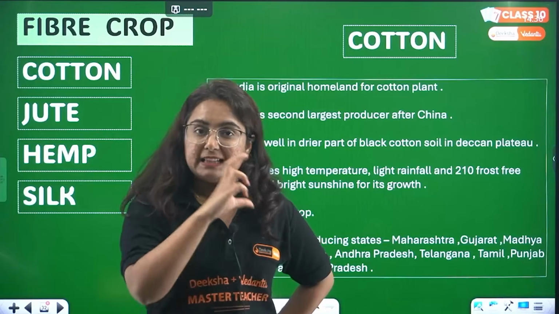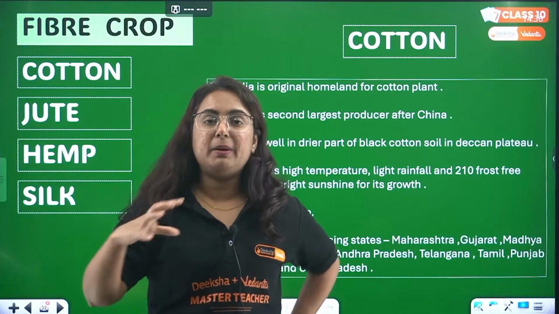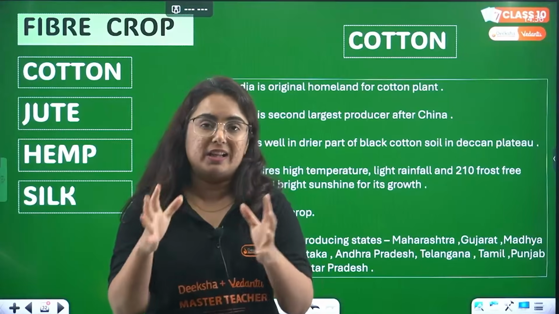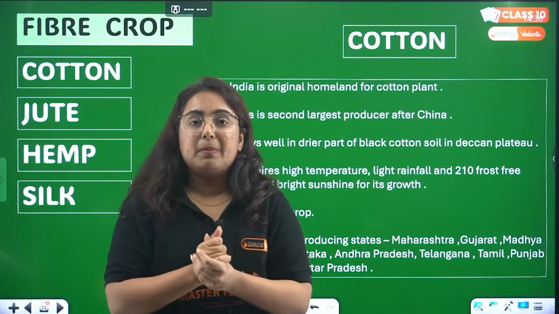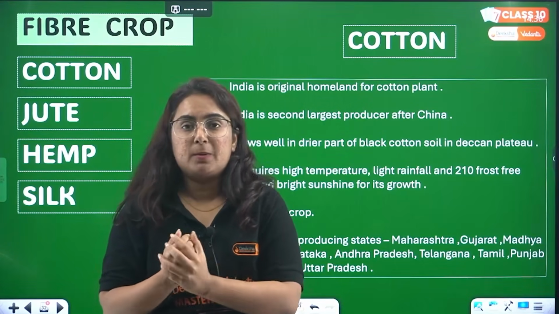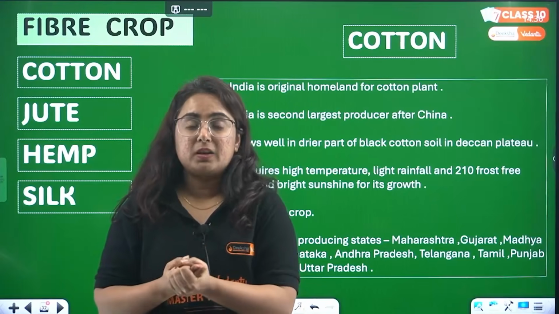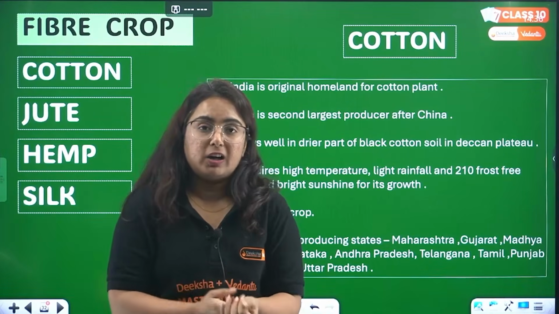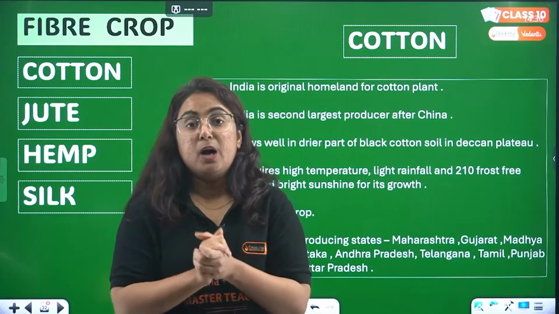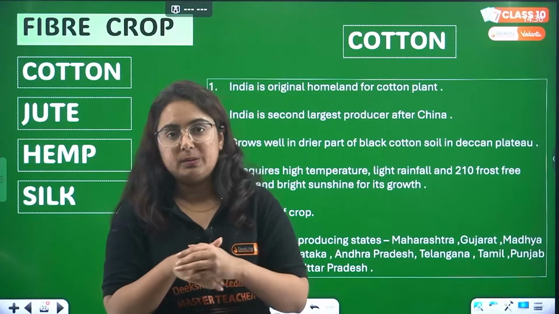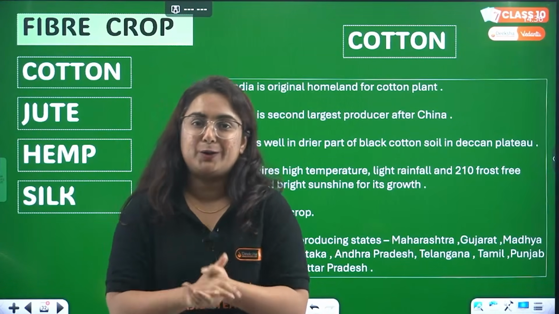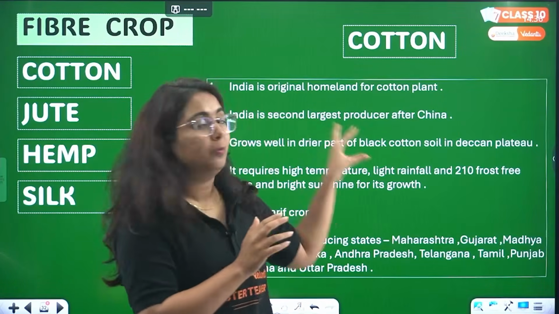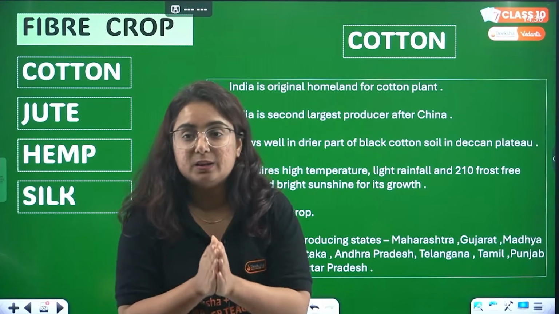Okay. In that Indus Valley civilization seal, beta, there is a priest-type figure. I don't know whether the person was a priest or not, but yes, a person sitting in a yogic posture has been made, right, wearing a shawl over one shoulder. According to the evidence found, the fossils found from that time, we figured out that it was cotton cloth, a piece of cotton cloth, and hence India becomes the original homeland for the cotton plant in the world.